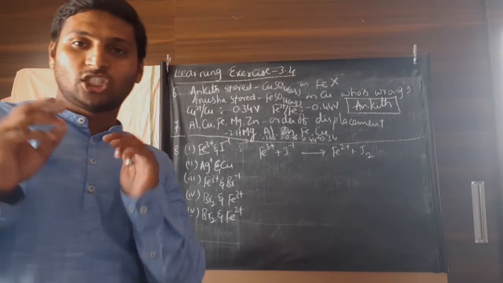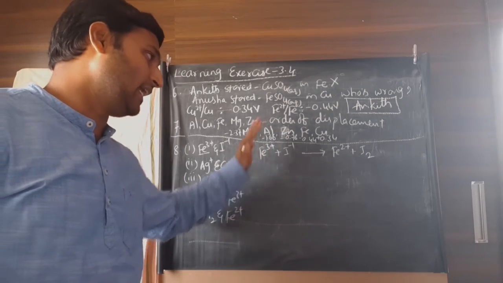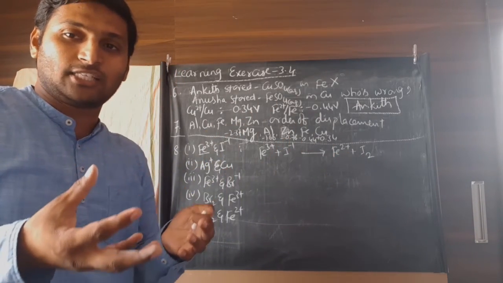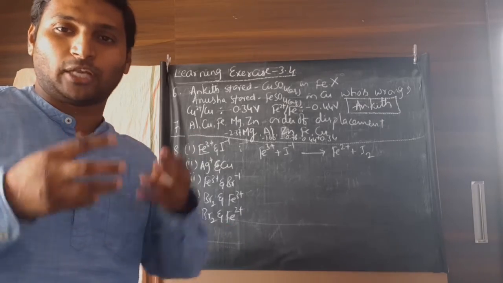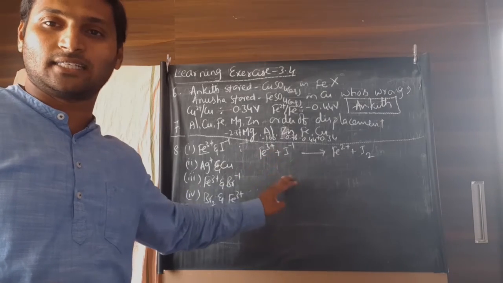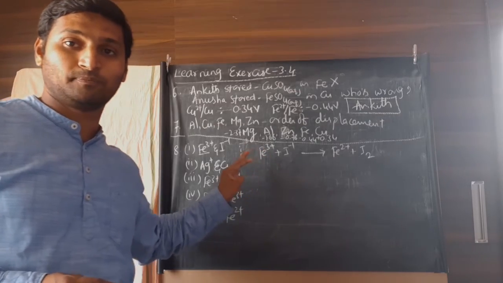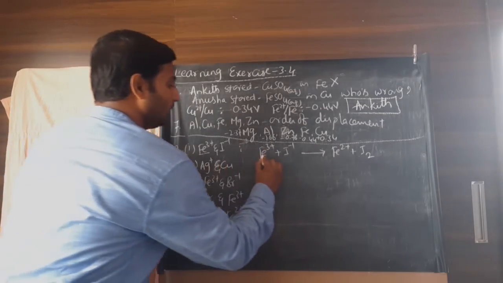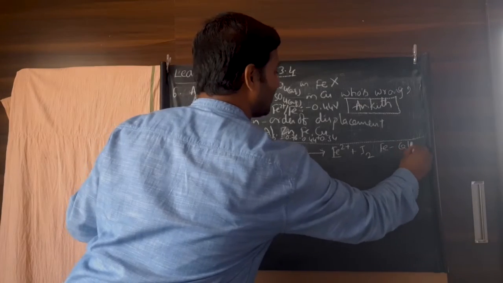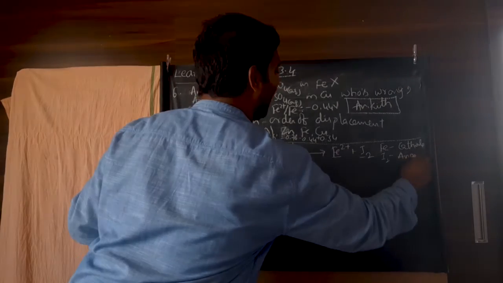Now, to check whether this reaction is spontaneous or not, that is, ferric ions reducing to ferrous ions while iodide ions oxidize to iodine. So, when ferric solution and some iodide solution, say potassium iodide solution, is mixed together, whether this reaction occurs or not depends on their electrode potential values. Now, as we discussed, this is reduction, means iron couple is cathode. This is oxidation, means iodine couple is anode.